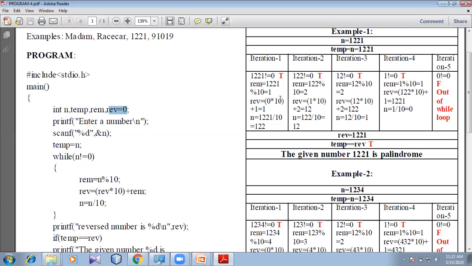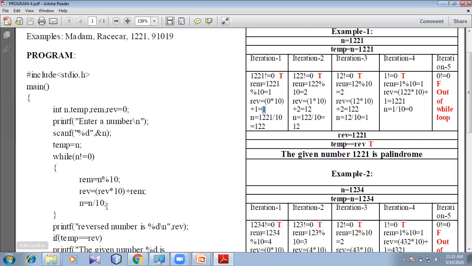That is why it is 0 into 10. What is the value that you have calculated in the previous step? That is the remainder, which you have already calculated as 1. That's why it is plus 1 here. So 0 into 10 is 0, and 0 plus 1, you have got 1.